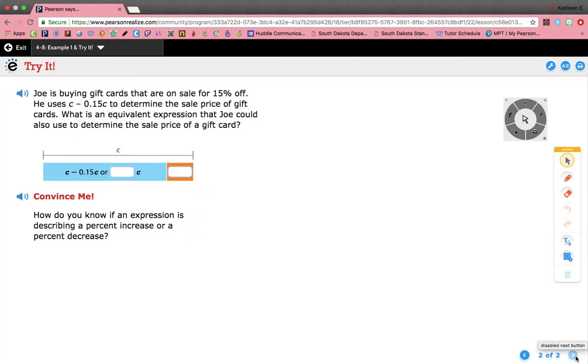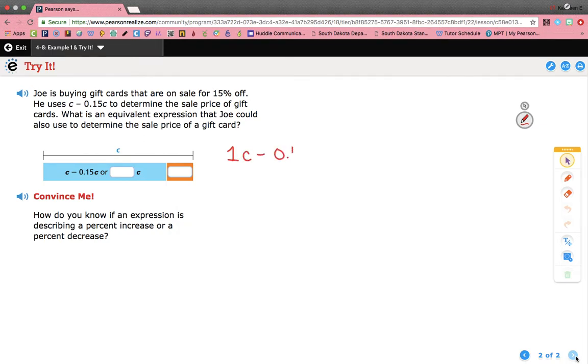So if we look at this one here, Joe is buying gift cards that are on sale for 15% off. He uses C minus 0.15C to determine the sale price of the gift cards. What is an equivalent expression that Joe could use to also determine the sale price of a gift card? Okay, what they mean by that is combine those like terms, right? We have a C and we have another C. They're both C's, so we have one C